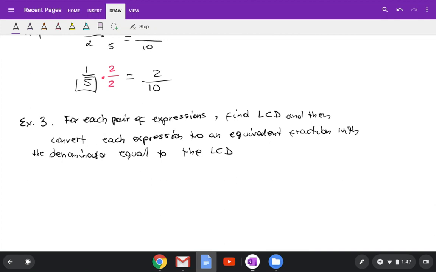Okay. A, you have 2 over RS squared, and then we have negative 1 over